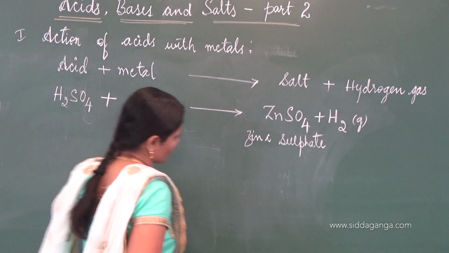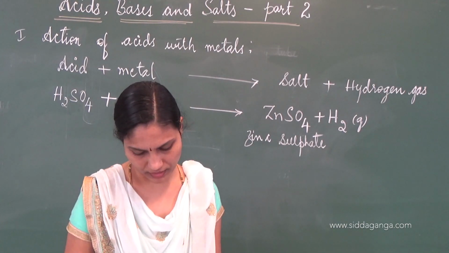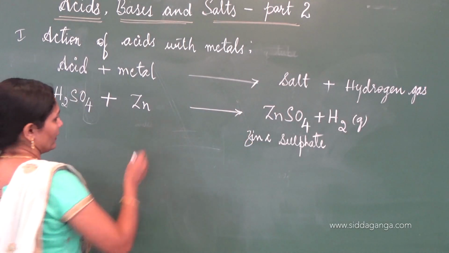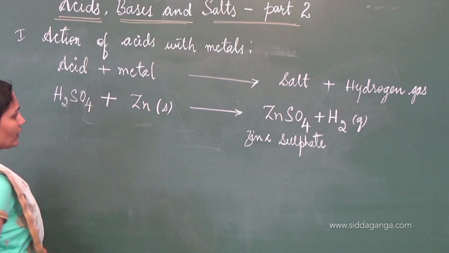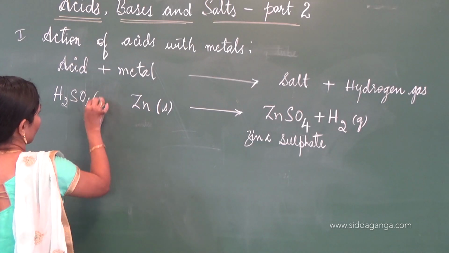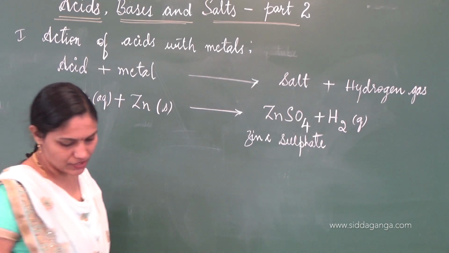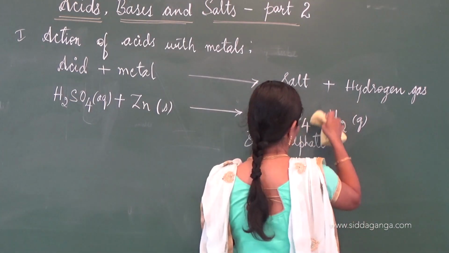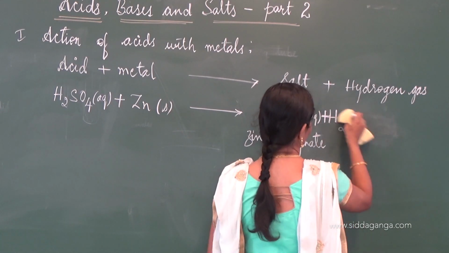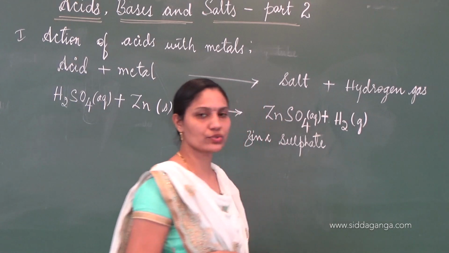We will write down some more equations taking some other acids. H2SO4 is done, and we will take HCl next. Here zinc granules were in the form of solid and H2SO4 in aqueous state. We'll also mention it. An aqueous solution of dilute H2SO4 was taken, and the salt formed, zinc sulfate, is also aqueous in state, and hydrogen was evolved as gaseous hydrogen.